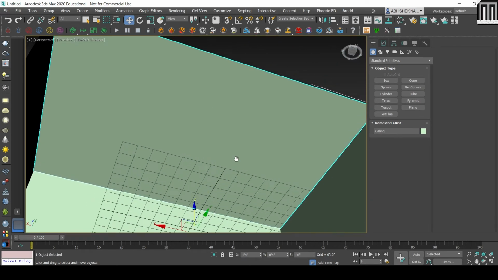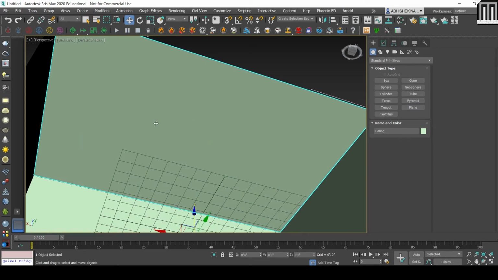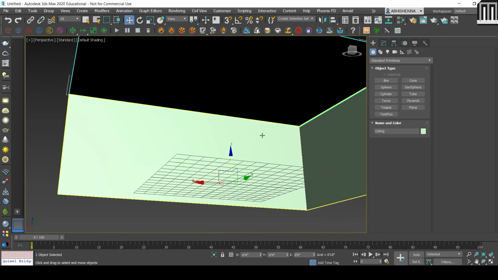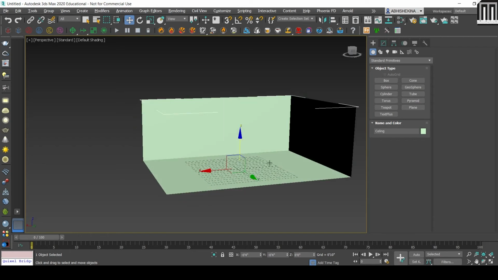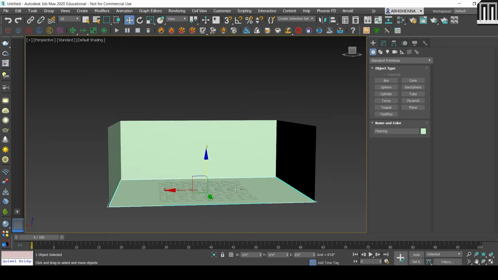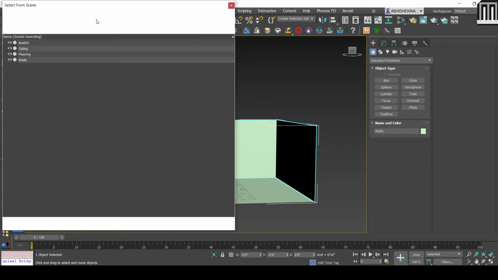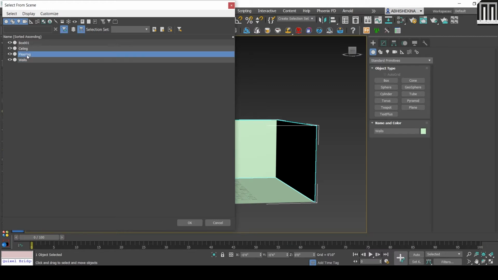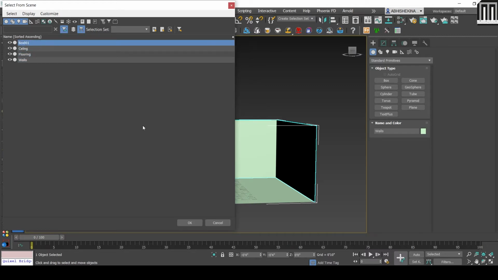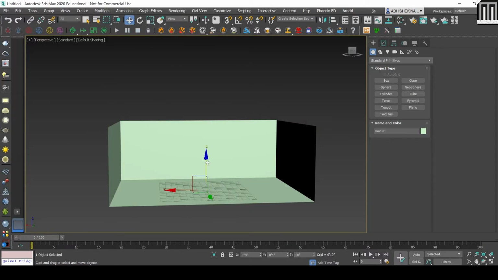Okay, top ceiling also, the pivot point is not perfect because we have disassembled, right? So everything we have to reorient the center point, like walls, flooring, ceiling, and the box is what? I'll just check. Okay, box is nothing, so we have to delete that.